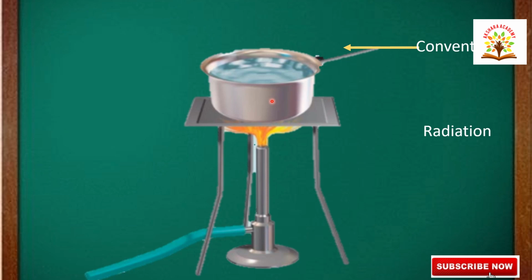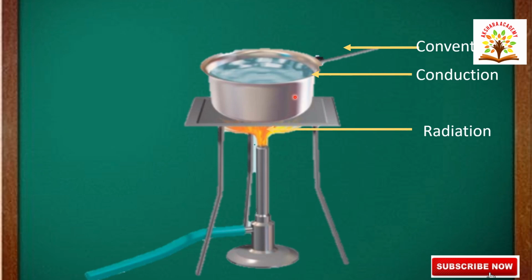Convection is nothing but the transfer of heat from higher temperature to lower temperature in the presence of liquids. Conduction is in the presence of solids. Here is a metal base. Here we are placing a bowl. This process is known as conduction. Heat is transferred by conduction. Next, the last one, radiation. Radiation is nothing but no medium is required to transfer the heat. These are the three processes of transfer of heat: conduction, convection and radiation.